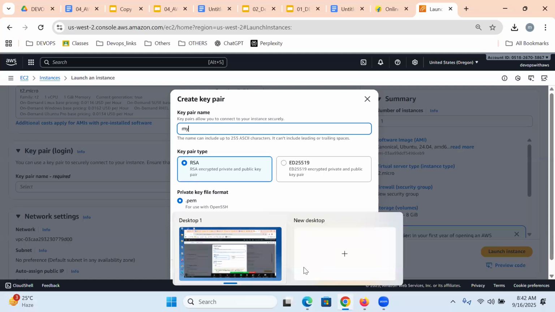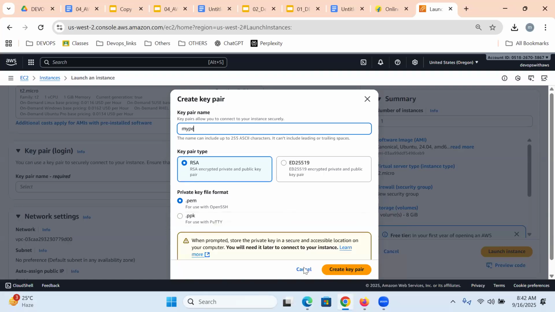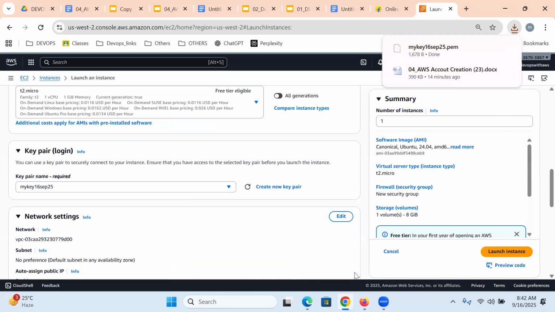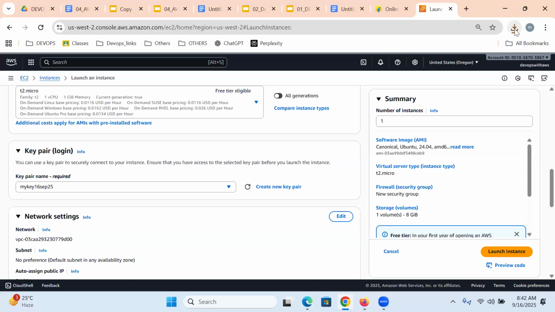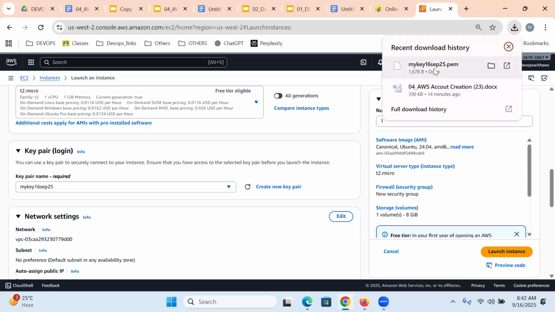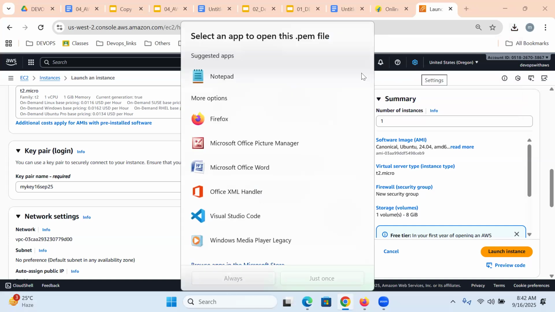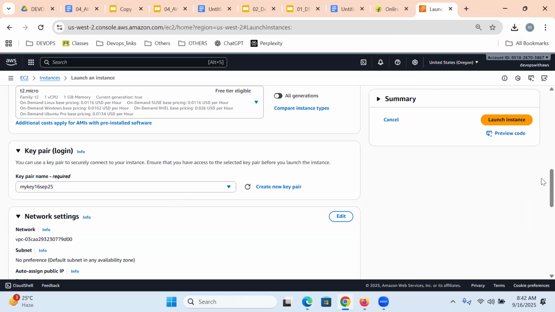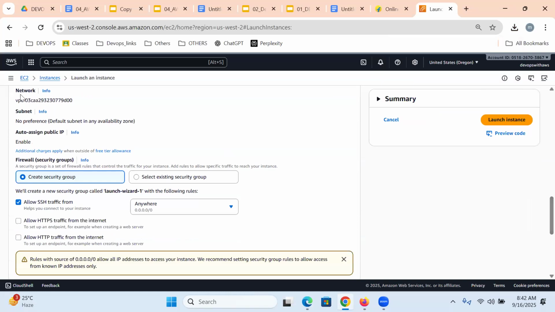The PEM file name is my key. Any name we can give, like my key. What is the date today? 16th September 24. So by this name, I'm going to create and download it. Once the PEM file is successfully downloaded, and if you scroll down, you can choose